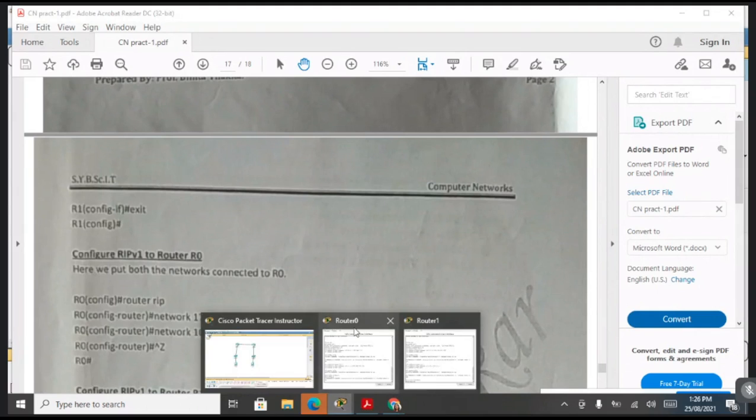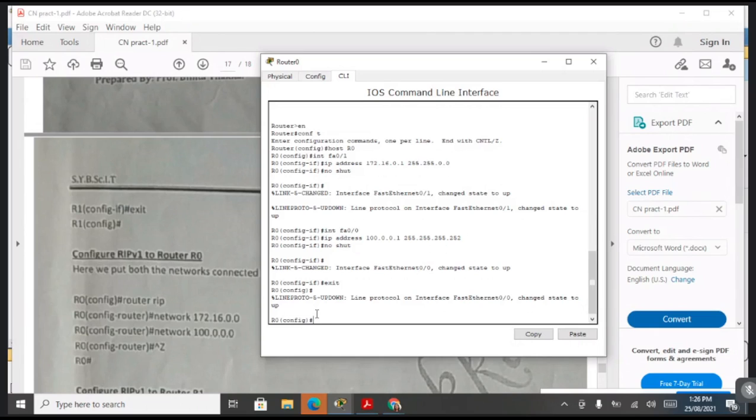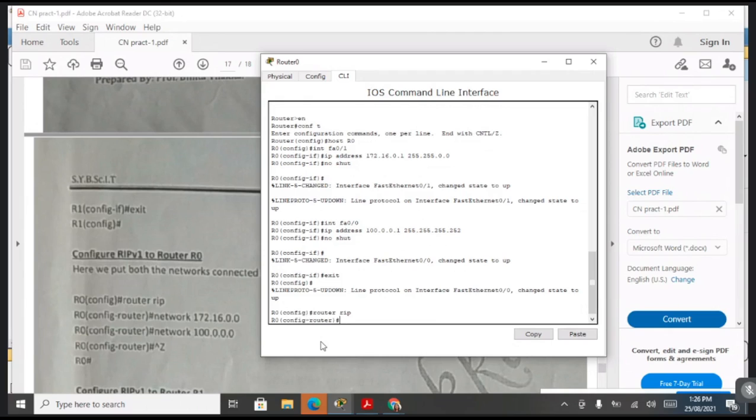Here you can go to the router 0, R0. You can type here router RIP. It's a protocol, routing information protocol. Press enter. Now see, here config router has come. Now here we have to pass the network.